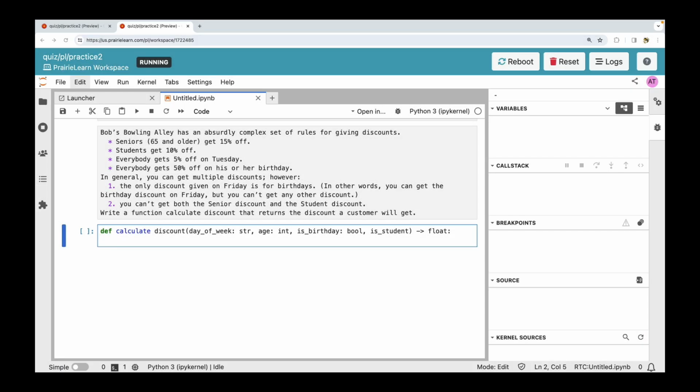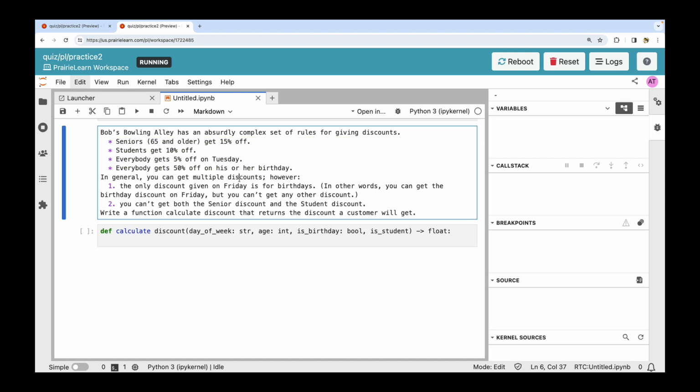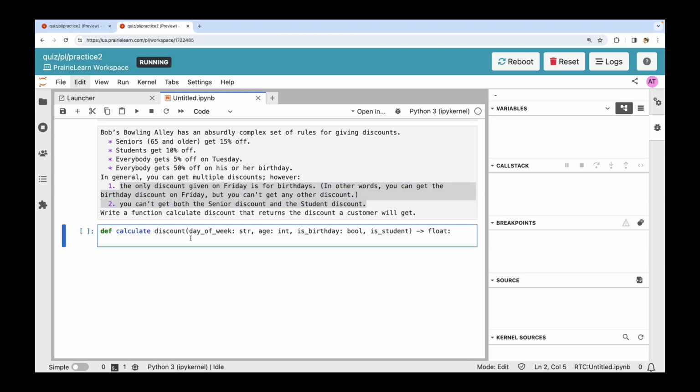All right, and finally, for a little bit of extra practice, let's look at another version of this problem. So at first glance, this looks like the same problem, but the rules are just a little bit different. But again, we can tackle the problem the same way. We can start out by these conditions, these 4 conditions, which in general, you can stack up those discounts, and then we can come back and make some adjustments to account for the rules. So again, just like before,